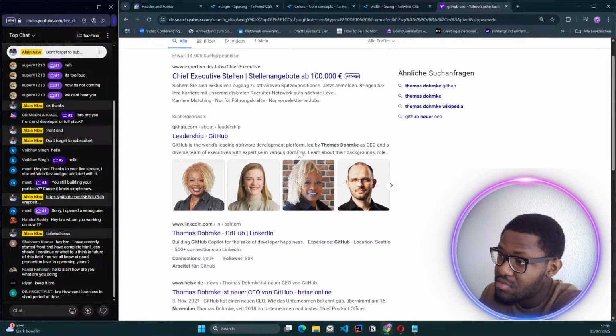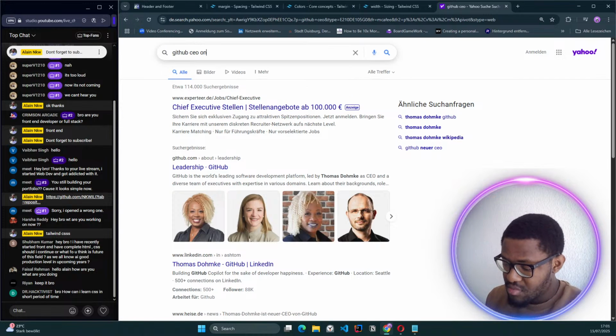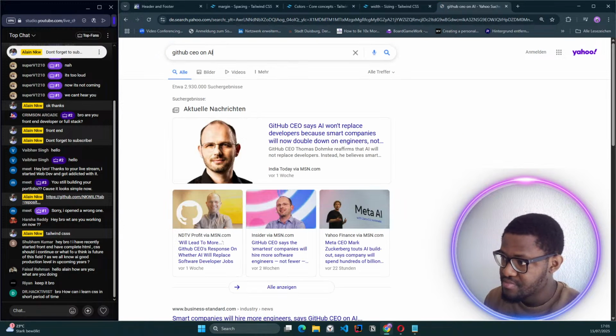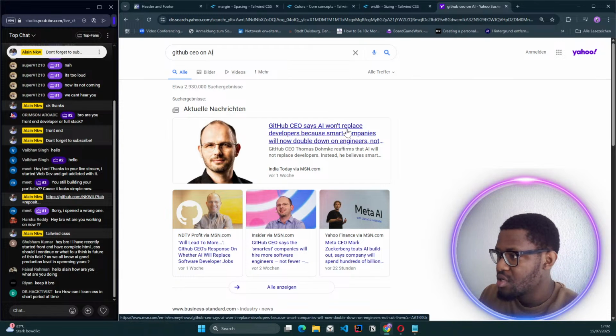That's just it. So if you want to know closure for AI, this is it. GitHub CEO says AI won't replace developers because smart components